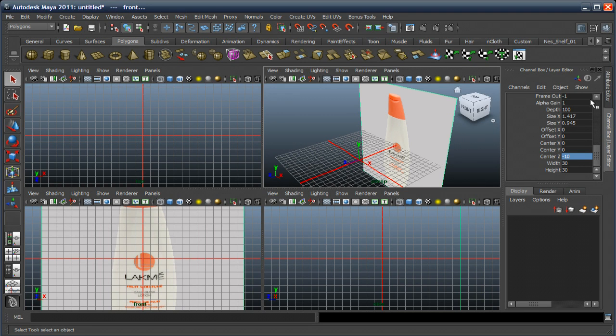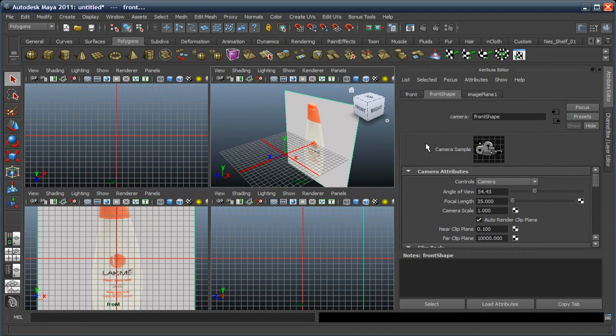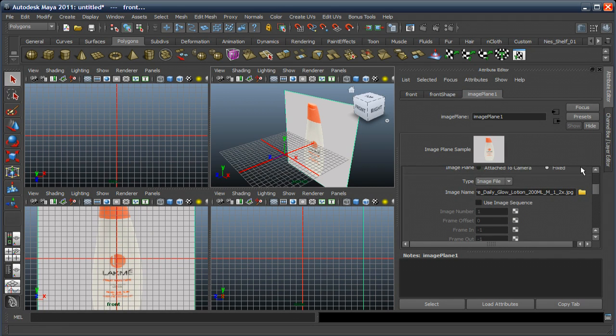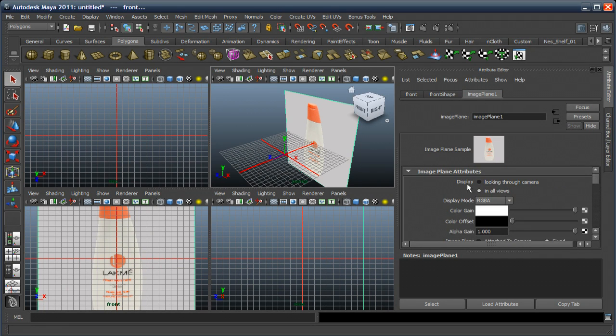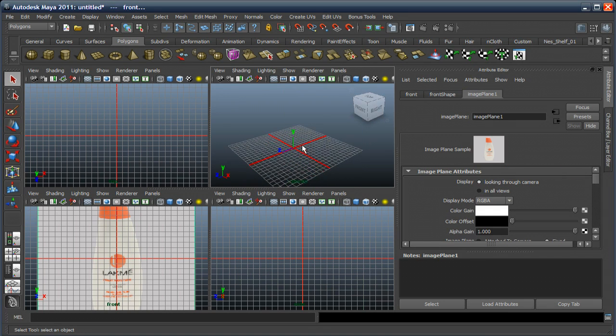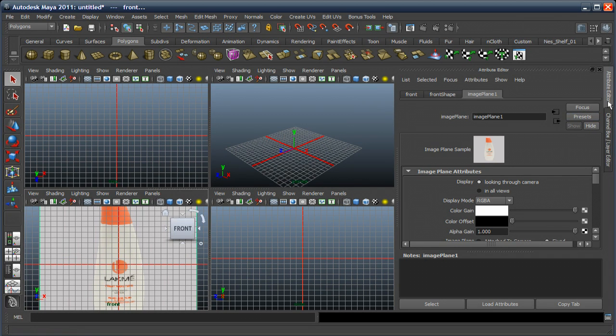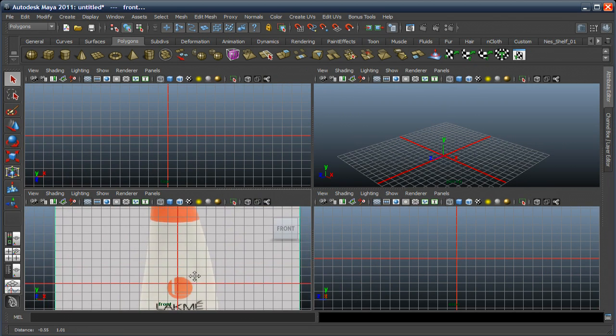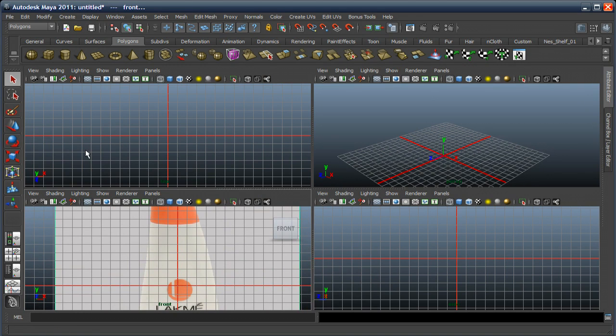Go to the attribute editor. Go to image plane 1 and display looking through camera. So it's not on the perspective, it's only on the front view. Close the attribute editor. I'm going to the polygon shelf,